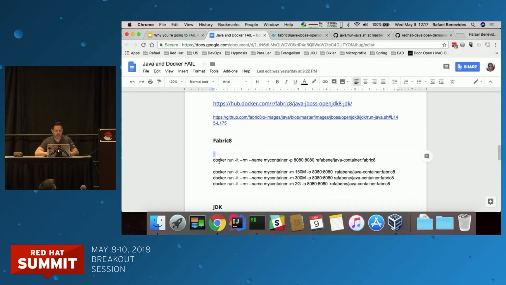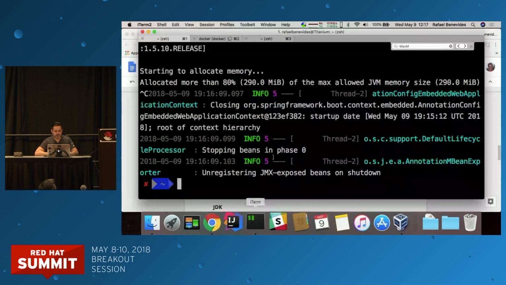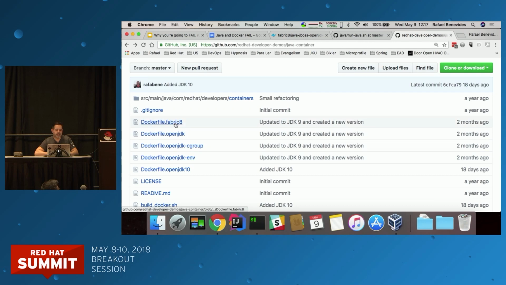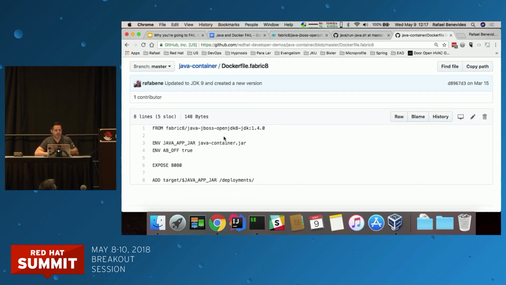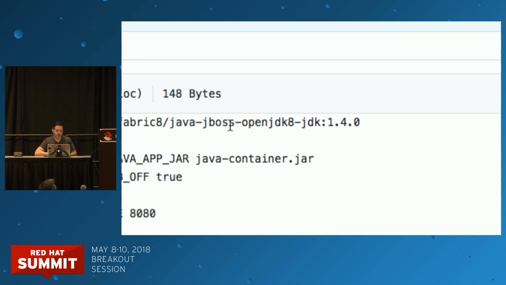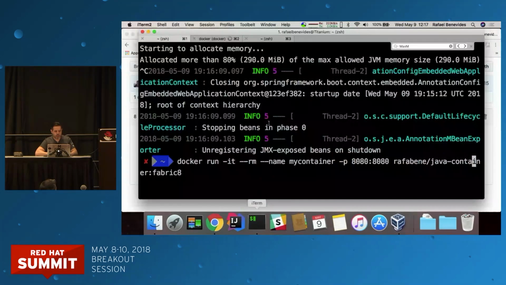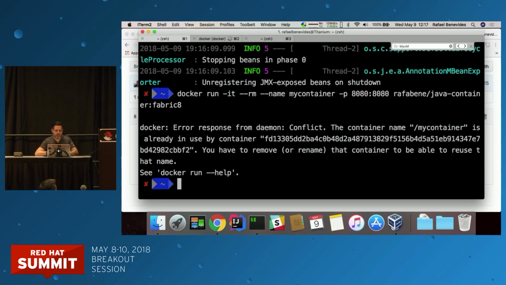So let's run here a container with no limit using the Fabric8 version of this application. You can see here that it's really easy to use. I just need to declare it. Since it's ready to run jar applications, you just need to inform on the environment variable the name of your jar file, and that's it. You don't even need to specify a CMD with the java -jar and the parameters. Okay, so when you run this application using the Fabric8, oops, docker rm my container,